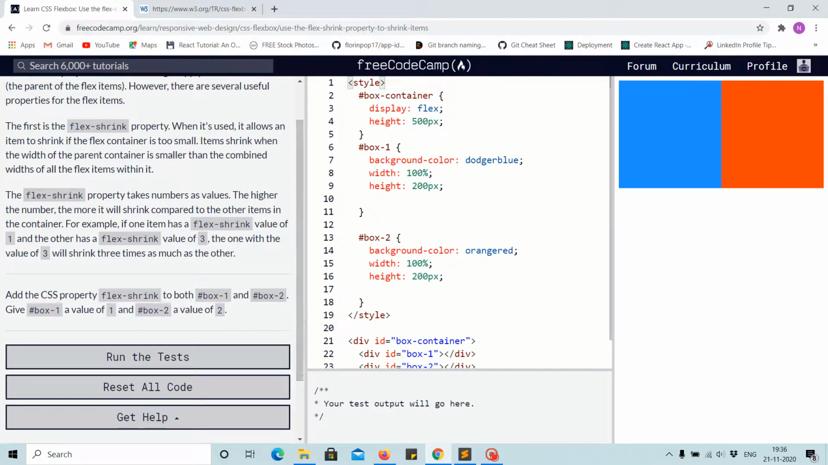So what it should do: when we give box 1 the flex-shrink property with value 1, it should not make any changes, and when we give flex-shrink a value of 2, then it will shrink in a 2 to 1 ratio, meaning the area covered by the blue box is 2 and the area covered by the red is 1. If the value is larger, then the area covered by that box will be smaller,